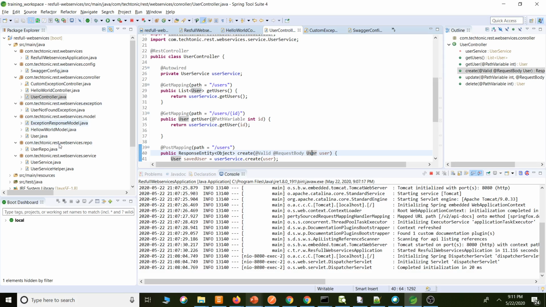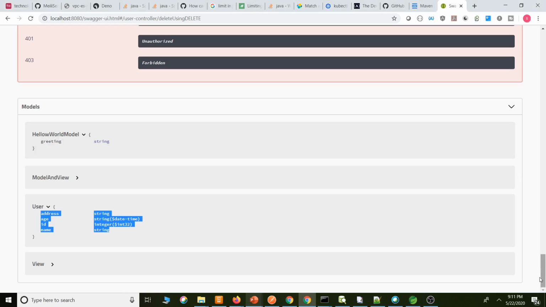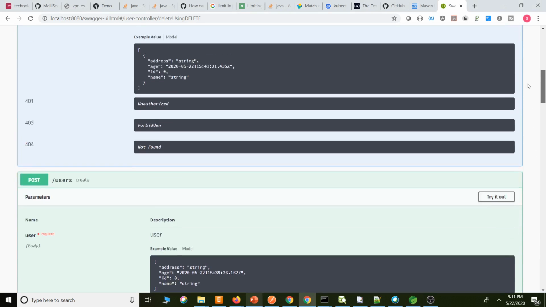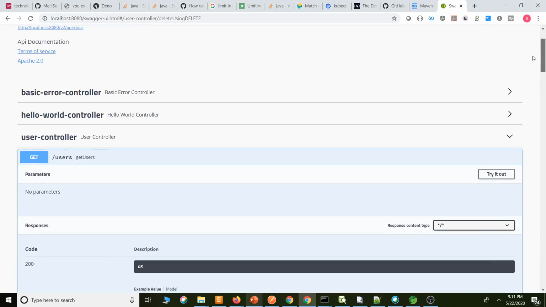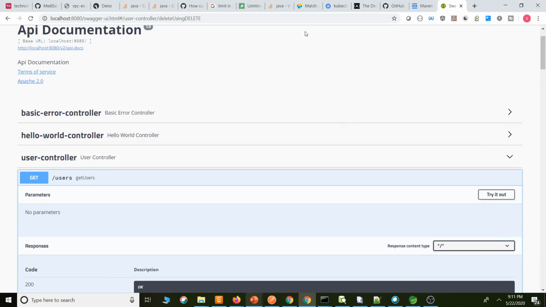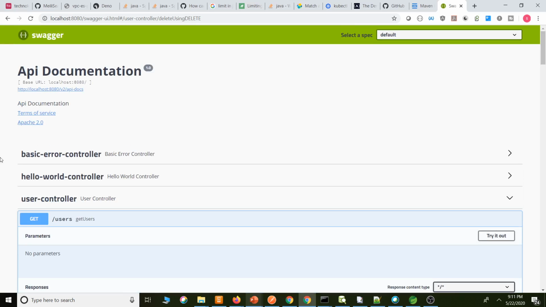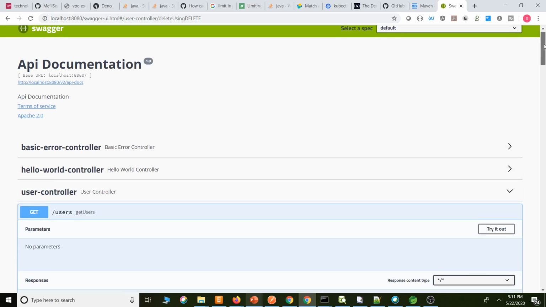It scanned all the packages and created the models, the APIs, and the Swagger documentation along with the response codes. We will be customizing this. We'll be giving our username, and we'll give the company, team, alias, all those things.